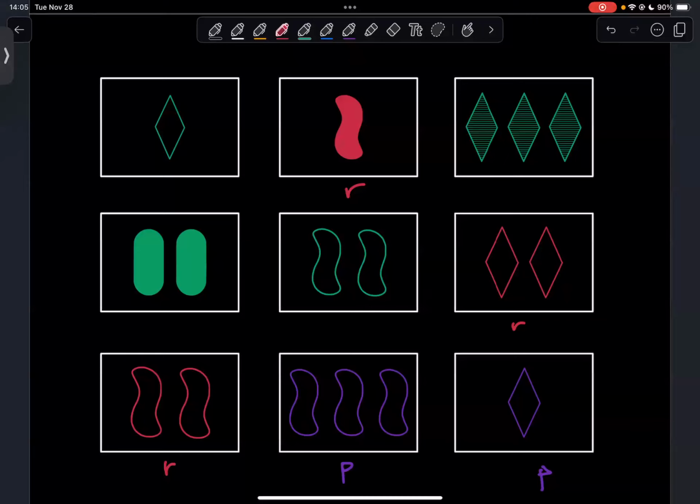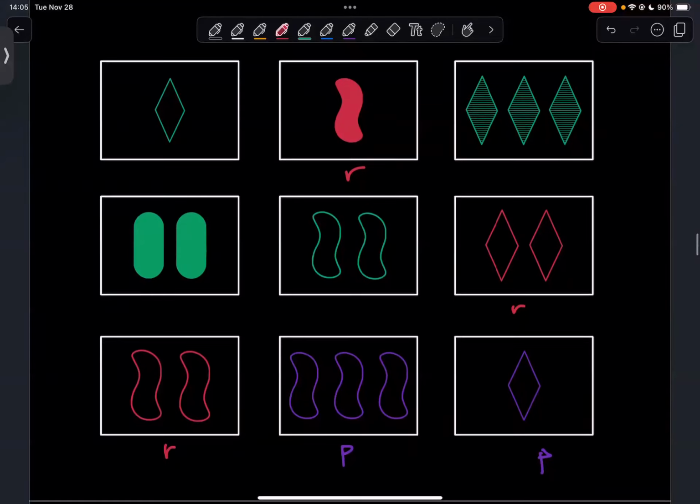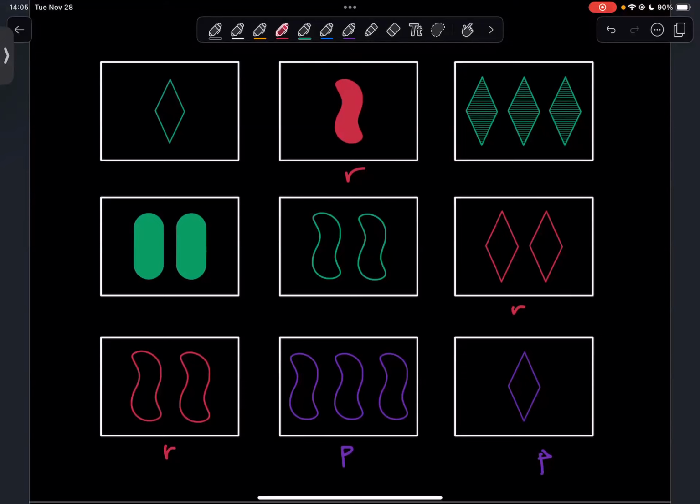Okay, but is there another attribute that we can look at that maybe is not showing up or is showing up less often than the other ones are? The middle card? Is that what we said? Oh, the fill. Right, so if we look at the fill, so we want to look at empty, filled, and striped, we only have one striped card.